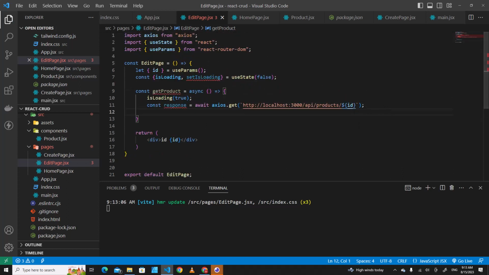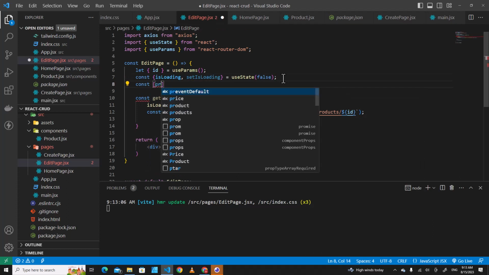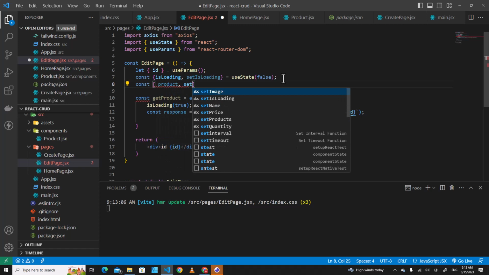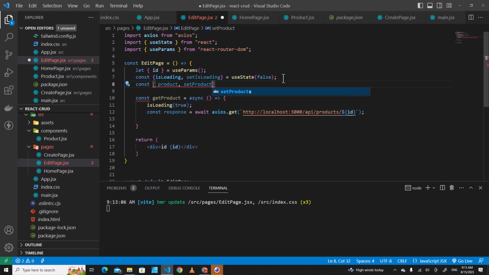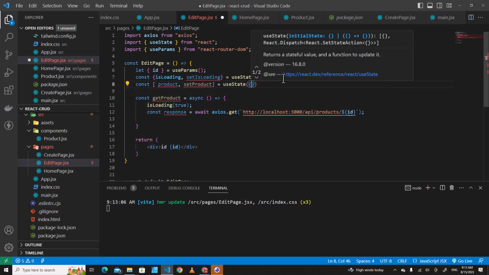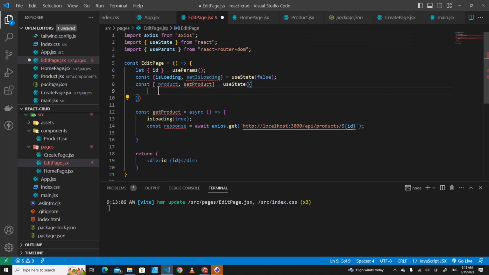I will create a variable to store a product. So over here I create const product, and method setProduct